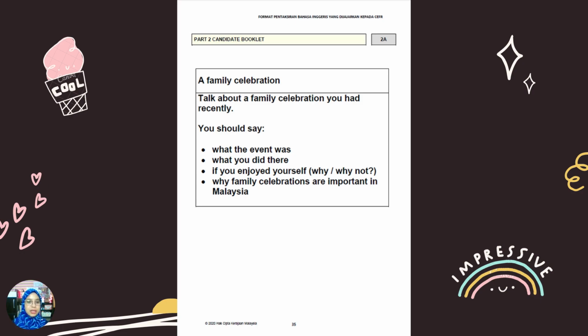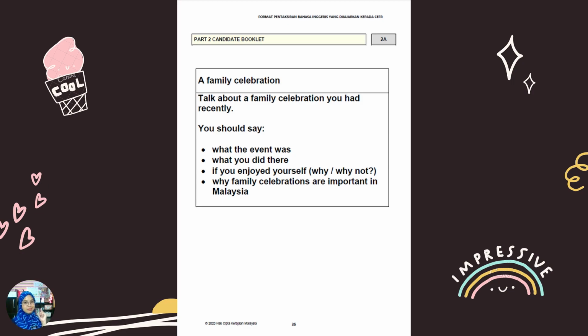And last but not least, okay, for you to give your opinion on a topic. Like for this one, why do you think family celebrations are important in Malaysia? So you have your right to speak up for your opinion. So you boleh bagi opinion lah, apa pendapat you tentang topik ni dan sebagainya. Okay, so this question is for candidate A. Okay, so when candidate A is doing the task,